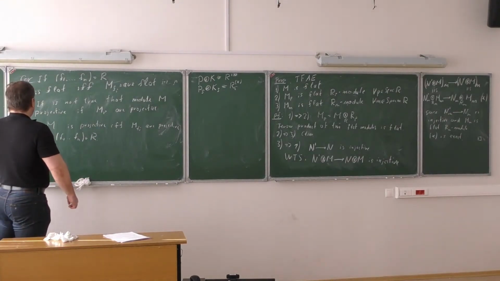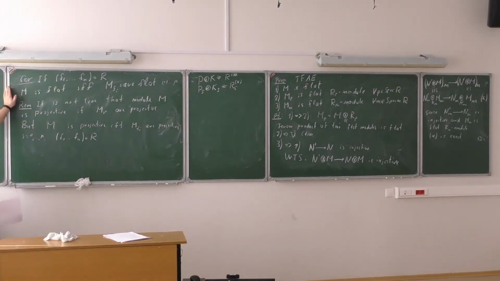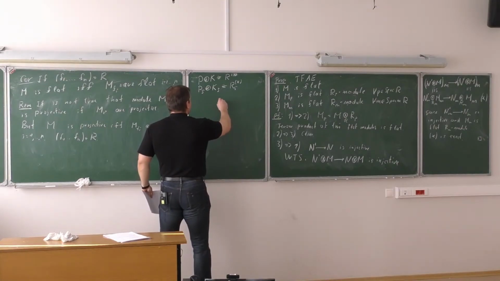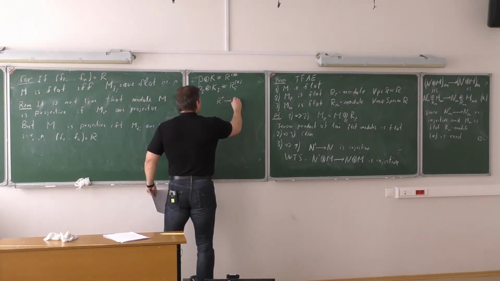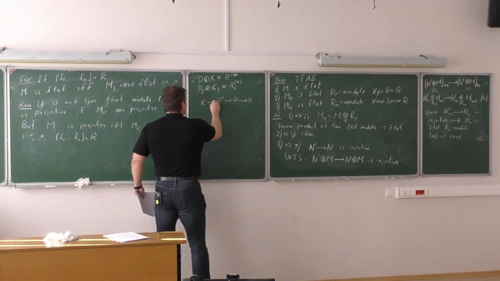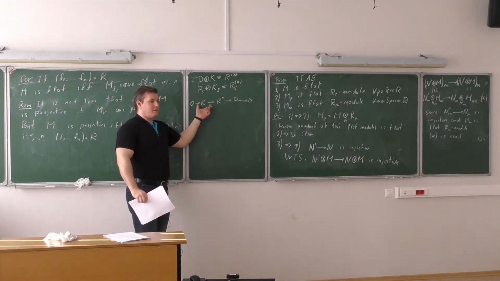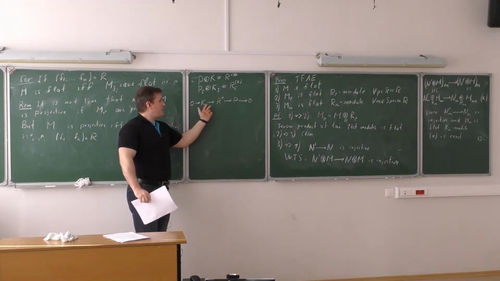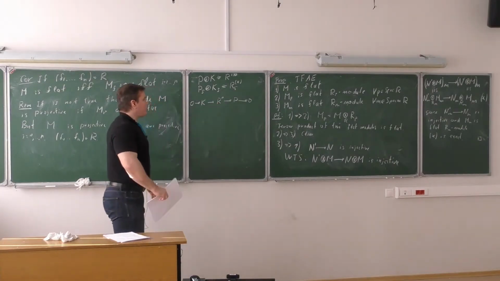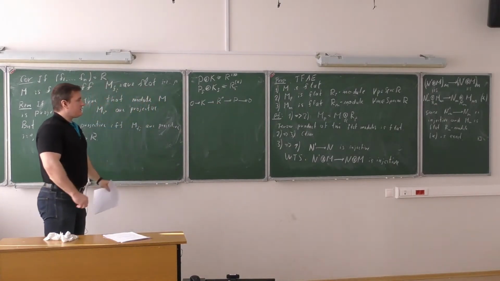Another remark might be the following. You can notice that any finite projective module is finitely presented. Take a finite projective module, and you'll get a sequence like this, with potentially some kernel. Since this is projective, this thing splits. So K is actually in this case a direct summand of the free module, and in particular it is covered by the finite case. So this is again finite. So for a projective module, being finite and being finitely presented is the same thing.